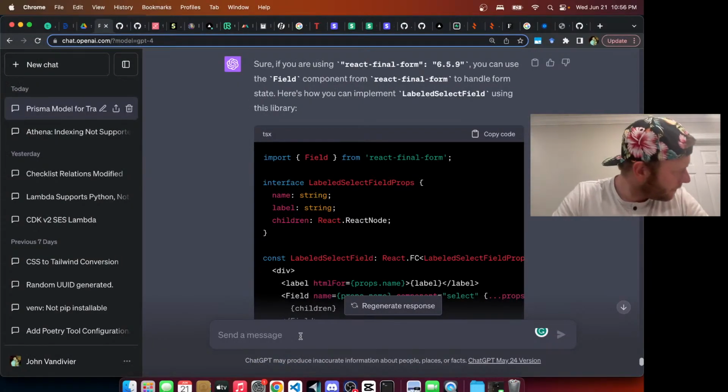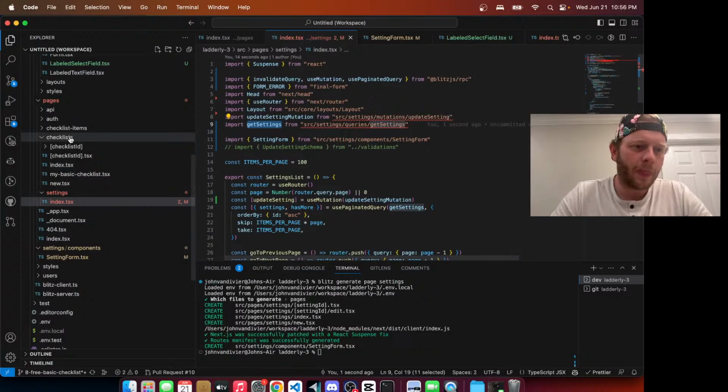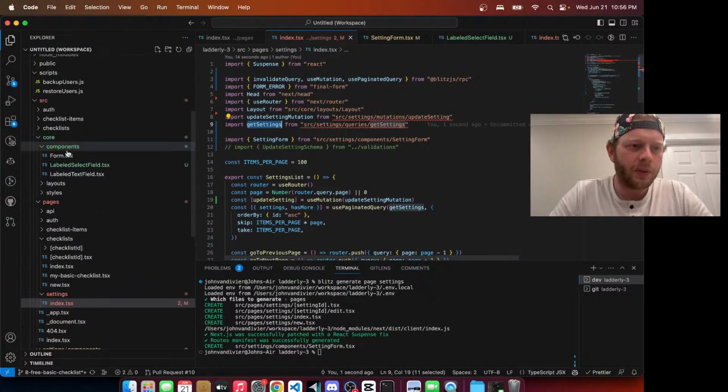Okay. Implement. Is this going to be a TS or a TSX? So under the mutations folders,